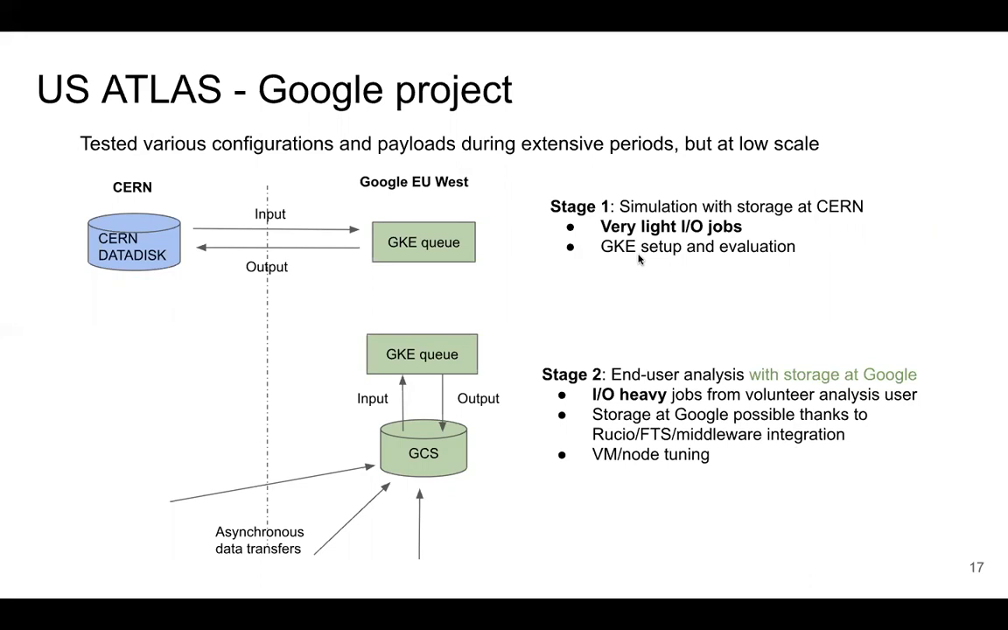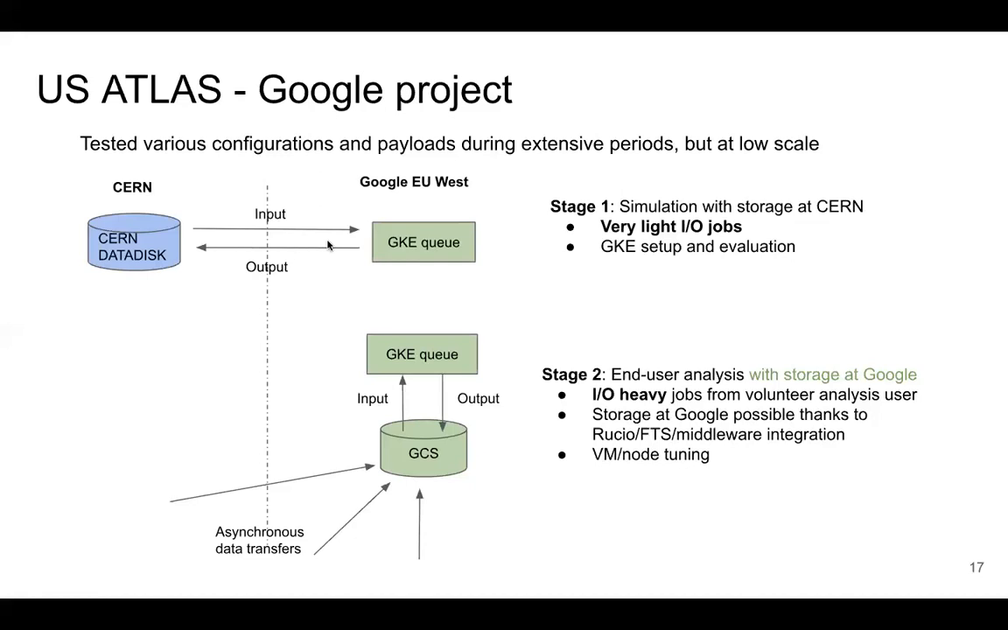There were two stages. In the first one, we were running simulation jobs. The simulation jobs are typically the entry point for any new cluster to try it out. They are CPU intensive, but they almost don't have any IO requirements. They just copy in a couple of megabytes of input, write out a couple of megabytes of output, and run for a couple of hours with full CPU. And in this case, that's why it's possible to run with the storage where the input is copied from at CERN